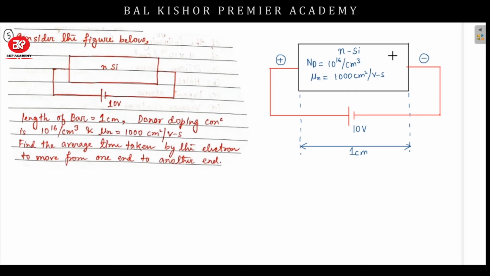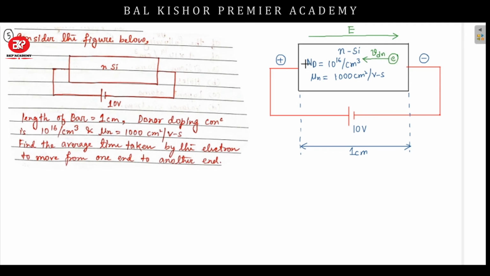So n टाइप सेमीकंडक्टर के अंदर जो electrons होंगे, those electrons will move in this direction because the electric field that has been produced due to the applied potential is in this direction. So the force on the electron due to this electric field will be in the opposite direction. So it will have some drift velocity vdn. और ये ड्रिफ्ट वेलोसिटी से ये इलेक्ट्रॉन धीरे धीरे राइट टू लेफ्ट मूव करेंगे.